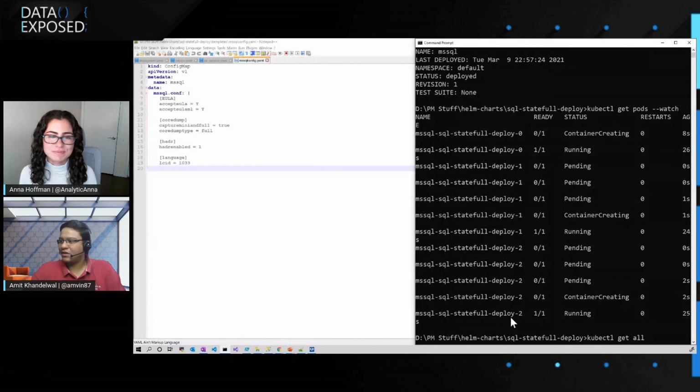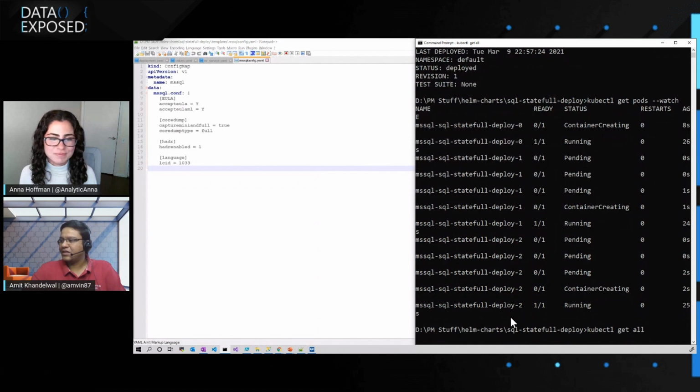But maybe probably in our next video, we could also talk about how we can set up mirroring on top of these 3 containers. Cool, awesome. Well, it was certainly much faster to deploy those 3 than anytime I've ever tried to deploy through SQL servers. Yep. So let's just take a look, because I can see all the 3 pods up and running here. So there you go.